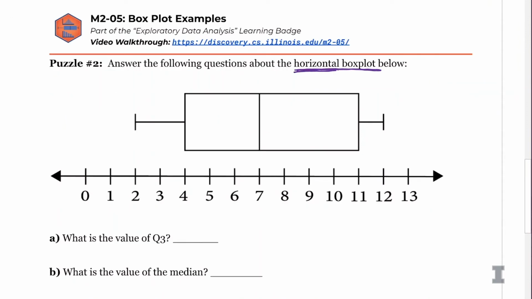And before I even answer the questions, I'm just going to really quick label what I know. So wait, looking at this box plot, do you see any outliers? I see no dots whatsoever. So I assume that means there's no outliers? No outliers on this box plot, which makes it really nice.